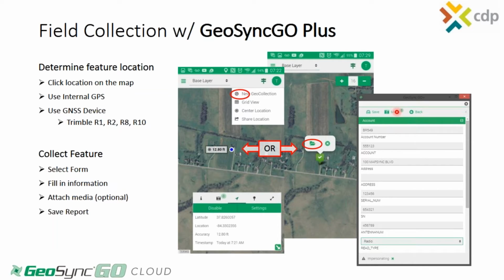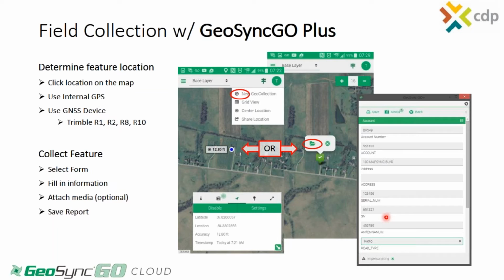If we're on a phone or a tablet, when we capture the photo, we can tie it to the feature, or we can link photos that we've already taken. We can actually browse to them. So that's all in another video. But anyway, we can actually add media. Once you hit save, this